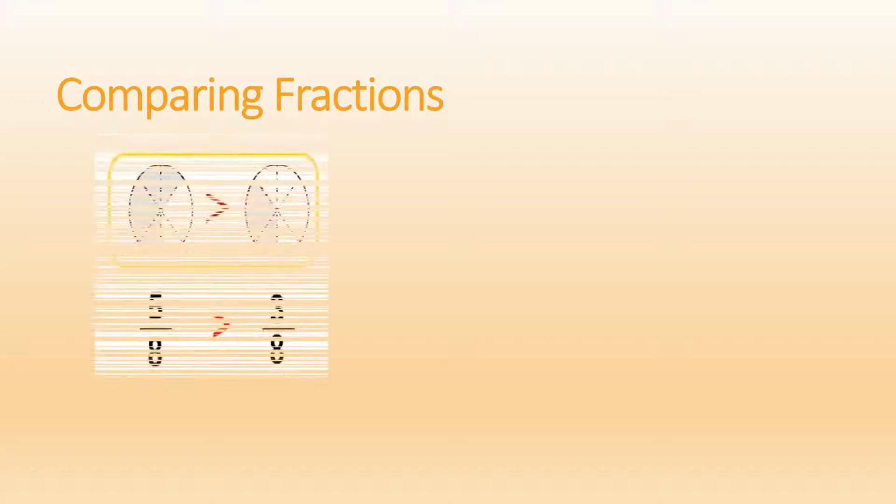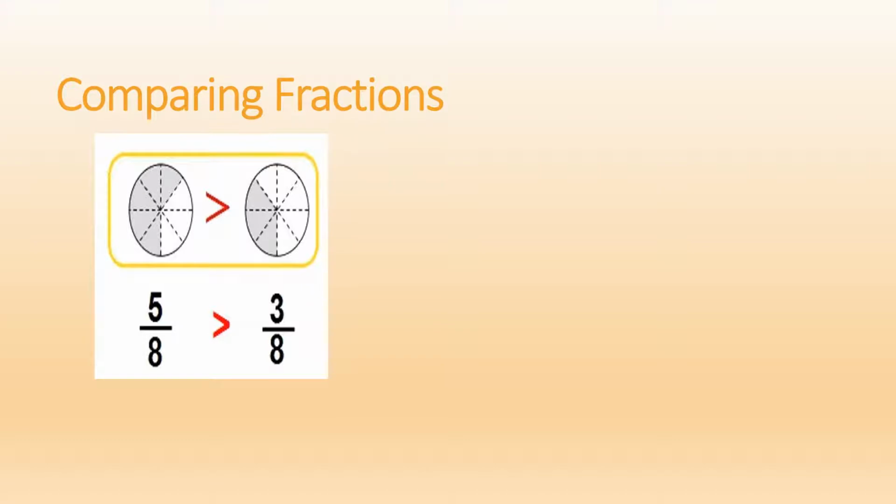Now let us understand how to compare fractions. Children, whenever we are comparing fractions, always see whether it is a like fraction or unlike fraction. If it is a like fraction, their denominators are same. That means they are having common denominator. Now 5 upon 8 and 3 upon 8. You can see here 8 is common. Now in like fractions, you have to always see the numerator. The fraction with greater numerator is the bigger number. Now 5 upon 8 is bigger than 3 upon 8 because 5 is greater than 3.